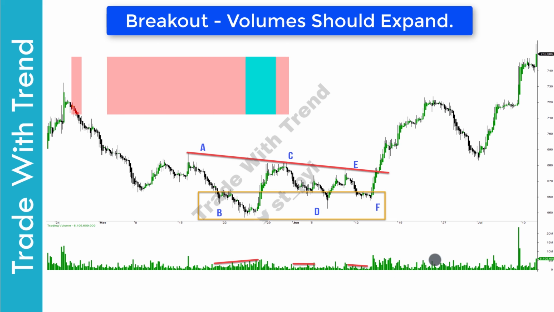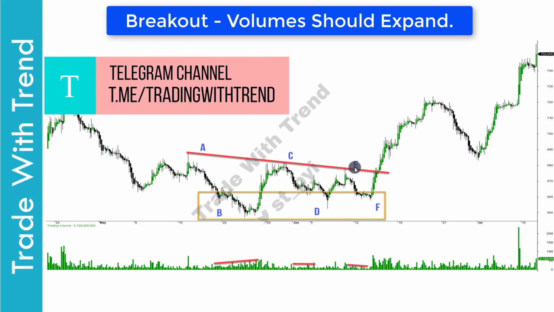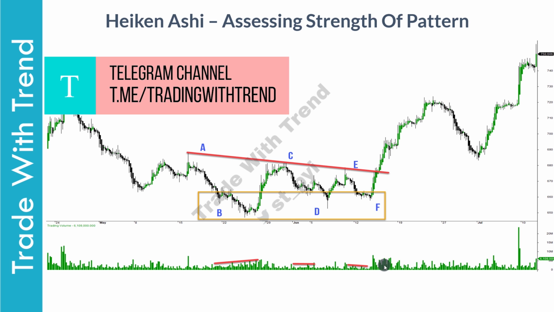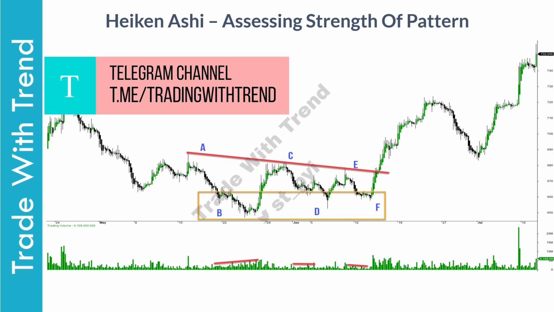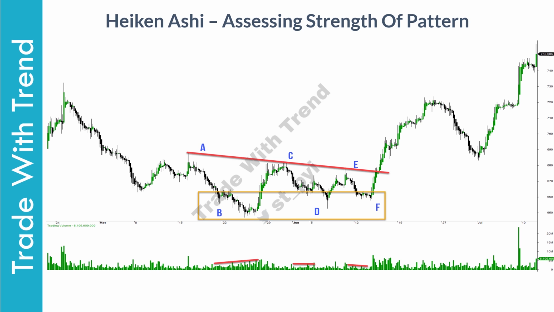As price moves above the resistance line of A, C and E, there should be a notable pickup in volume, as marked here on the chart. This is what represents momentum returning on the back of high volume on the upside. This is a crucial rule and this should not be skipped while trading this strategy.